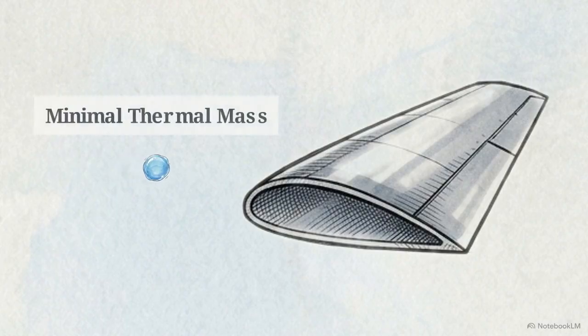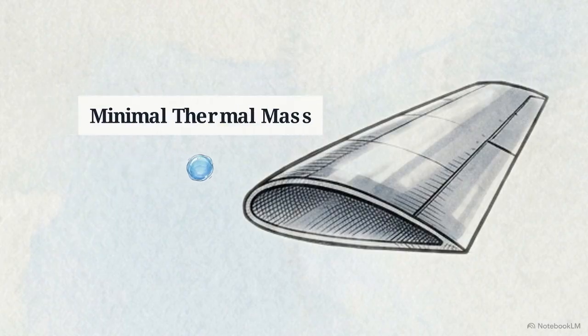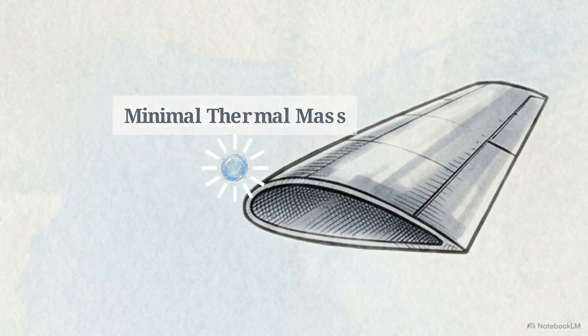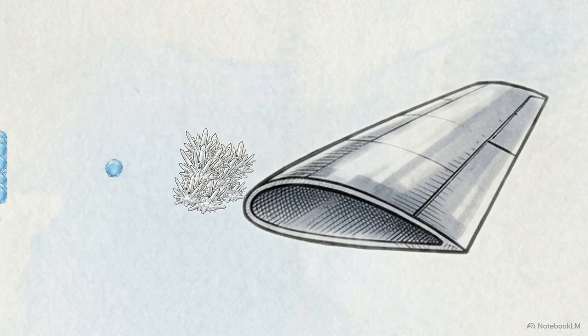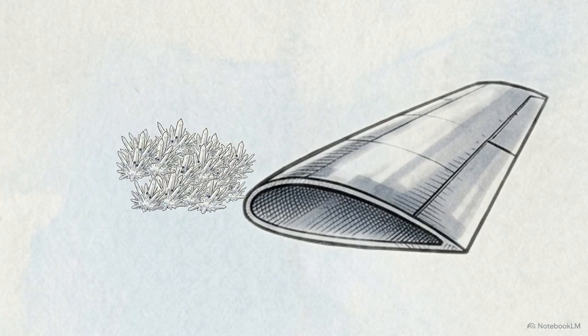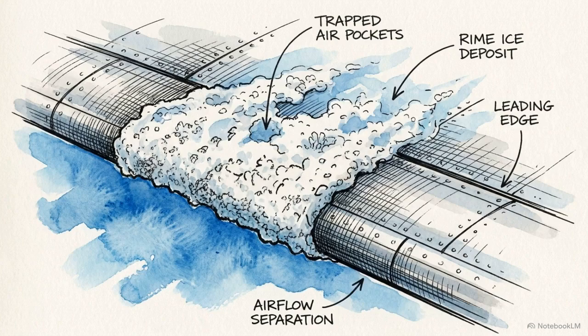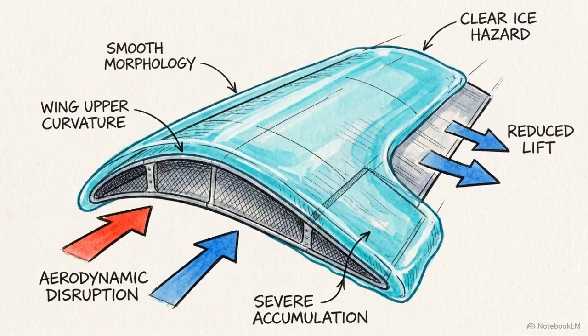Because the droplets are so small, there is almost no thermal mass. The liquid water freezes almost instantaneously the millisecond it strikes the sub-zero airframe. This instant freezing traps air between the ice particles, building a rough, opaque, crystalline deposit directly on the leading edge of the wing. But if the aircraft encounters large supercooled drops, it creates clear ice, the most dangerous morphological form